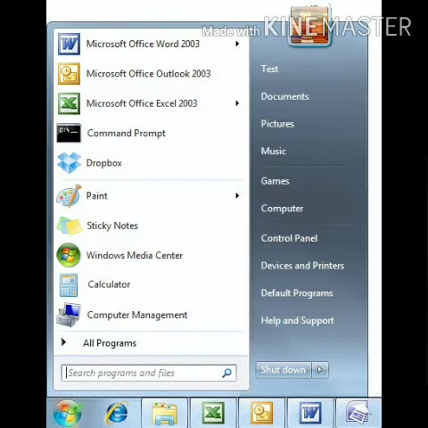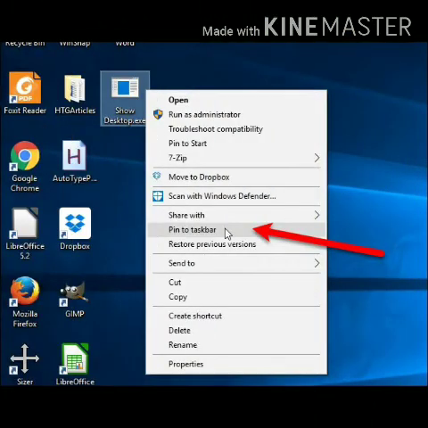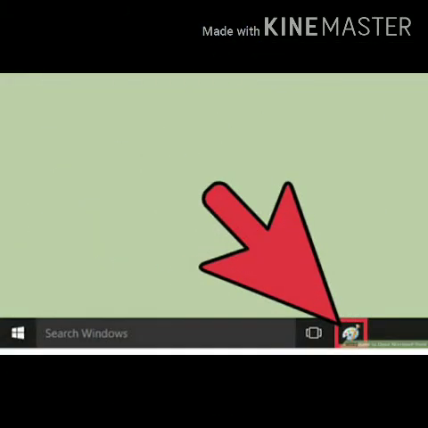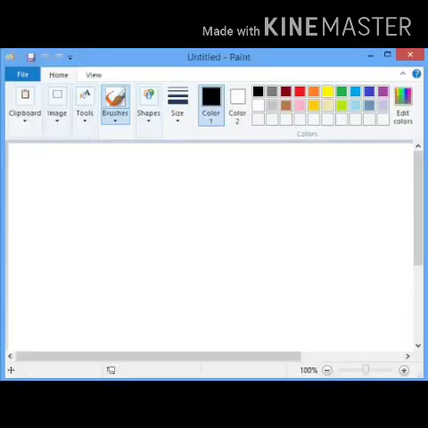Right-click the application and click on Pin to Taskbar. An icon for the pinned application appears on the taskbar. Next, click on the icon, the program opens. To remove the icon from the taskbar, right-click the icon and then click on Unpin from taskbar.